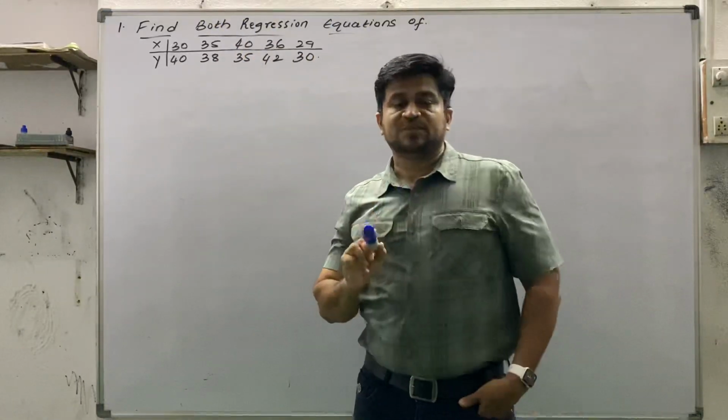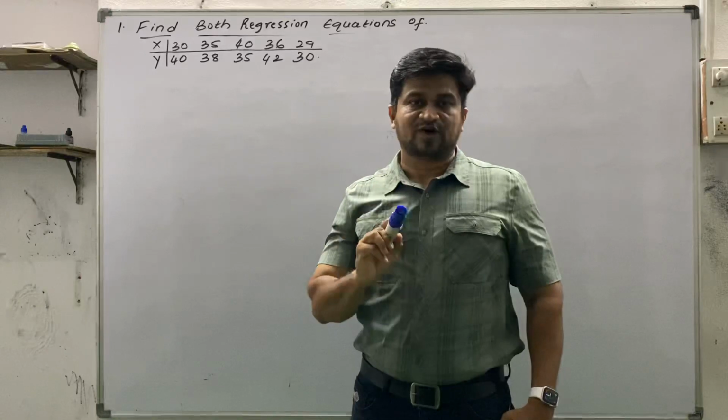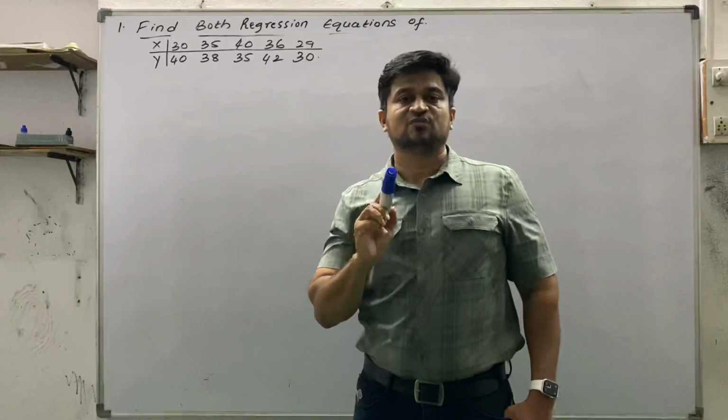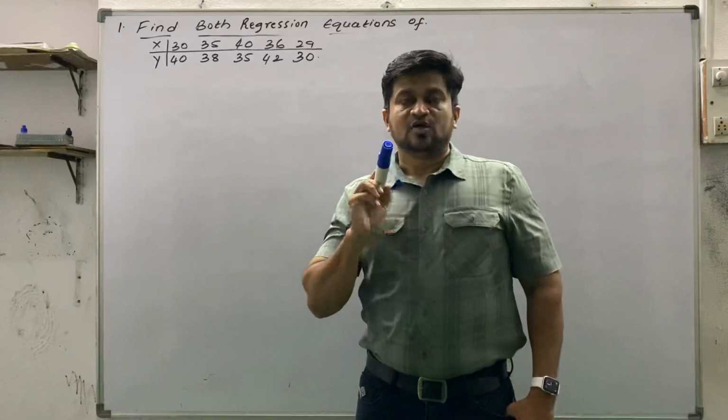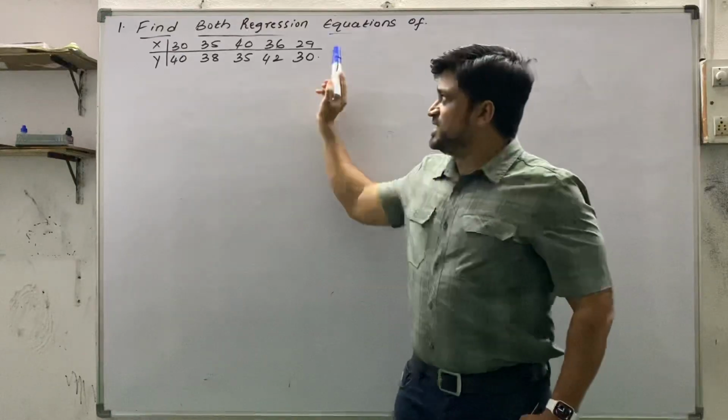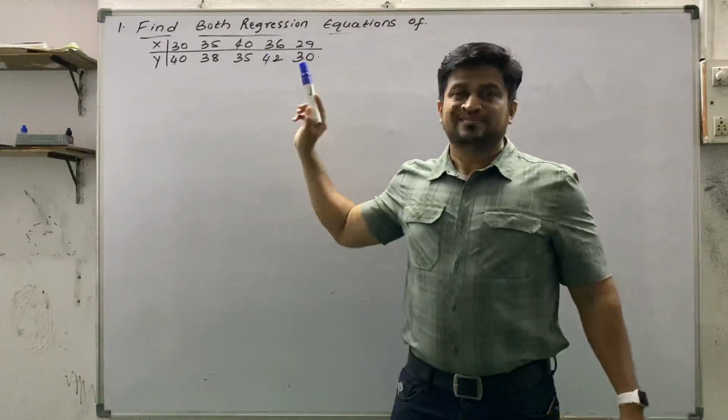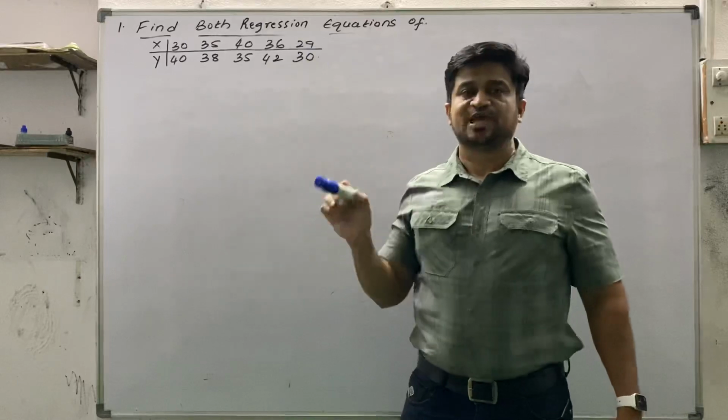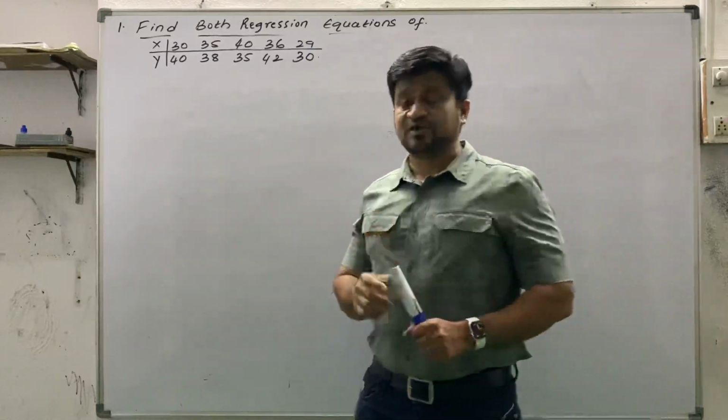Both regression equations means first the regression equation of x on y, and the second one is the regression equation of y on x. Now which formula do we have to use, which type? By seeing the question we can't conclude whether this belongs to the first type, second type or third type. For that, what we have to do is,